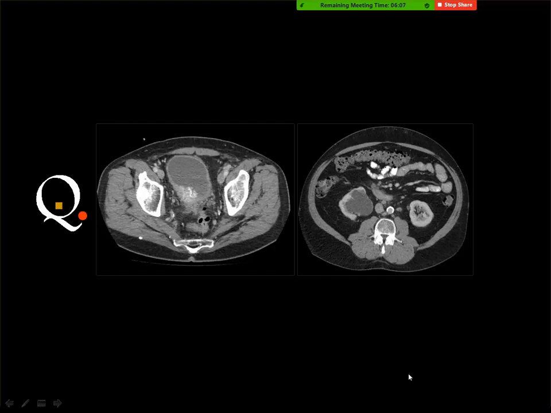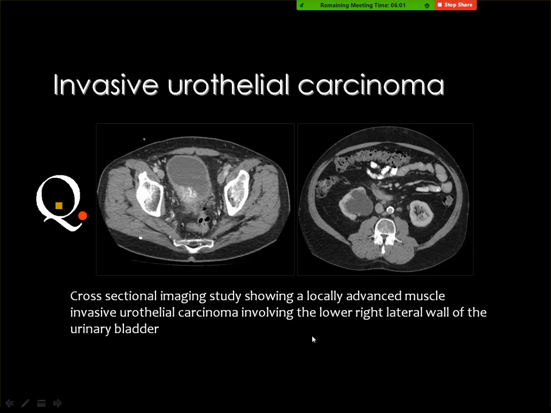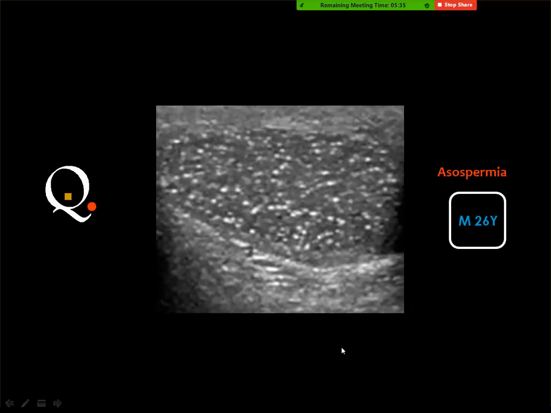Urinary bladder mass with the effect of hydronephrosis on the right kidney. That is a transitional cell carcinoma. Yes, and this is invasive urothelial cancer that affects the right side of the posterior aspect of the bladder and has extended outside the bladder to infiltrate the ureteric orifice, and there is some stranding of the fat planes, and you can also see that the collecting system is dilated secondary to ureteric obstruction.